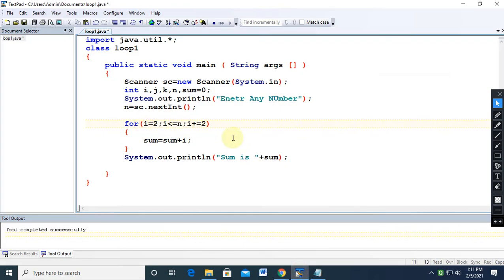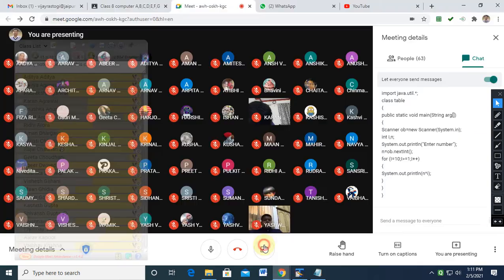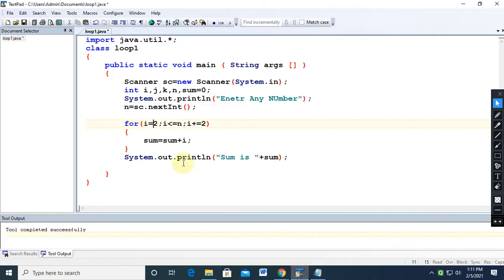Look at the screen, everyone. Is my screen visible? Now in this question, first of all, the starting point must be 10, from where you will start multiplying. Greater than or equal to 1, I minus minus, and then you will get multiple outputs. So what will you do? K equals K, sorry, N into I.